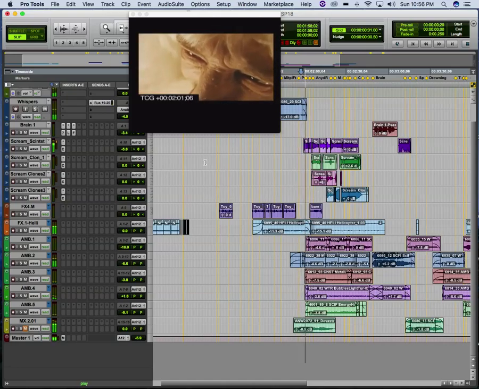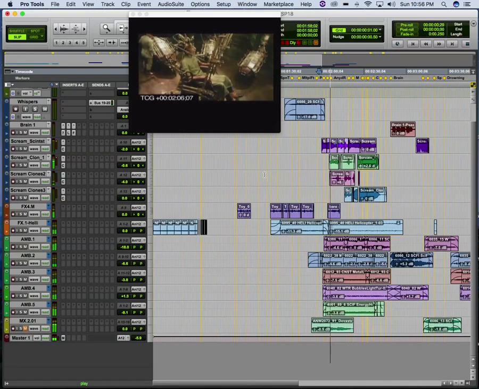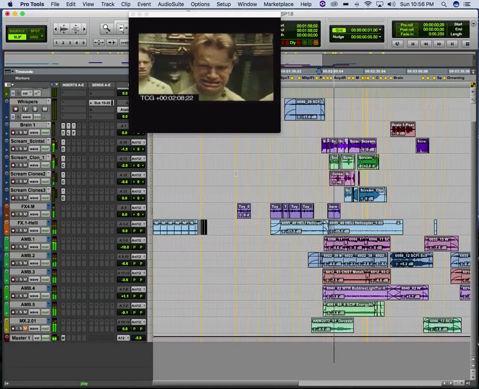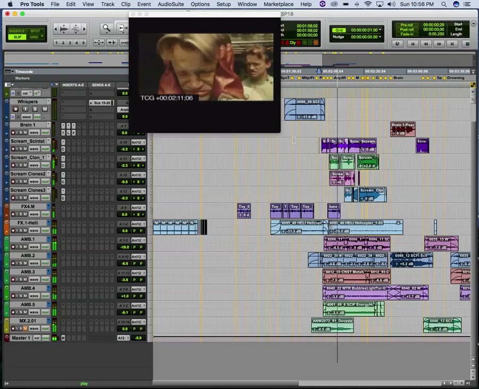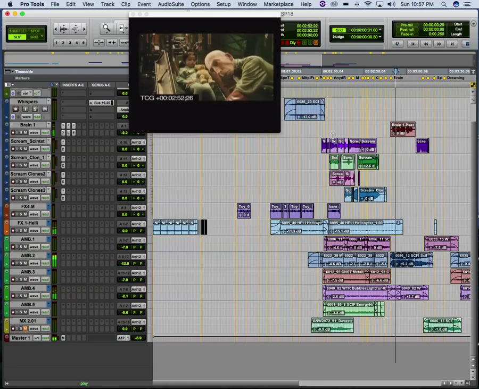Right. So here's where we transition to the laboratory. So it's a lot of screaming. Okay, so I definitely want my screams. I think I would want these whispers, because it kind of carries over from the other scene. And all this stuff, the brain dialogue, the brain talks. Okay, so basically all of these tracks. So I want this track through this track